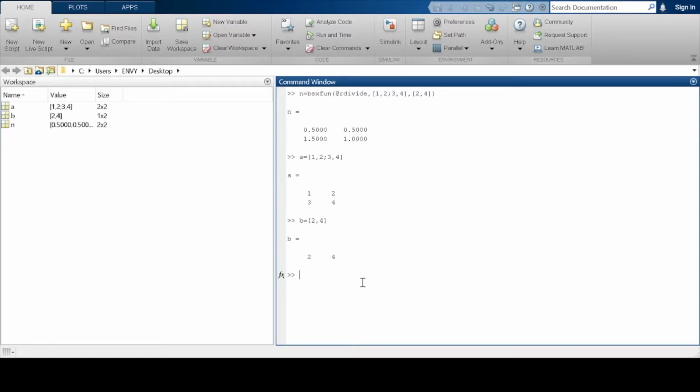We can also divide two matrices. So let's take the same example, two cross two matrices. So right division.